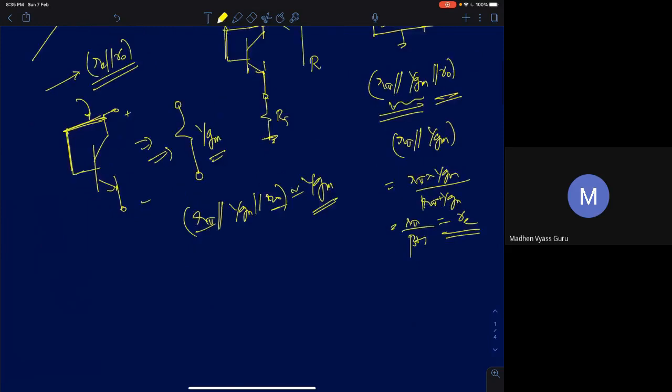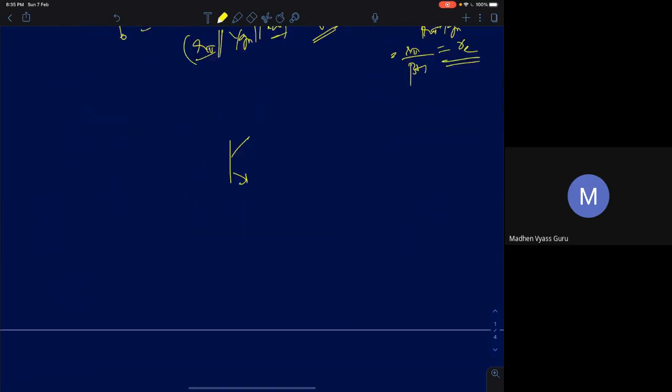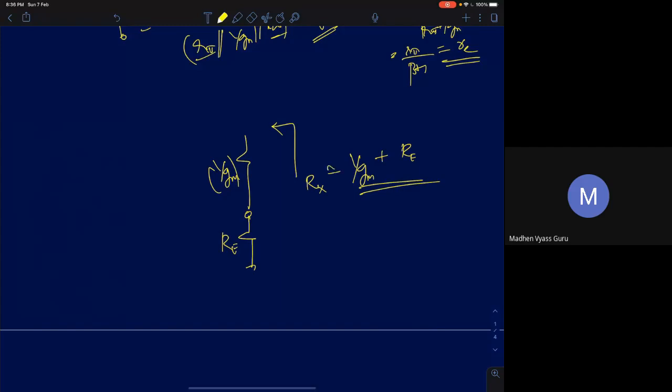That's it. So now if you are given a circuit like this, so first you have a resistance of value Re. Look at this, base and collector are shorted. So then what is the resistance seen here? Let's call this Rx. What will be the resistance seen here? Plus Re, right? So you can just replace this BJT with a resistance of value 1 by gm. Re plus that, so 1 by gm plus capital Re, approximately 1 by gm. I can replace the BJT with a resistance of 1 by gm and I have this.